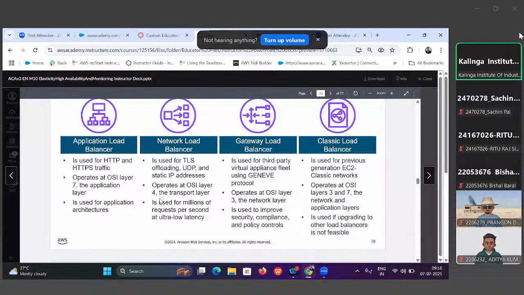Gateway Load Balancer (GENEVE) is actually a protocol that is used by third-party virtual appliances, and it operates at OSI layer 3, which is called the network layer, and it is used to improve security, compliance and policy control. इसके लिए गेटवे लोड बैलेंसर हम लोग यूज करते हैं। क्लासिक लोड बैलेंसर का काम क्या